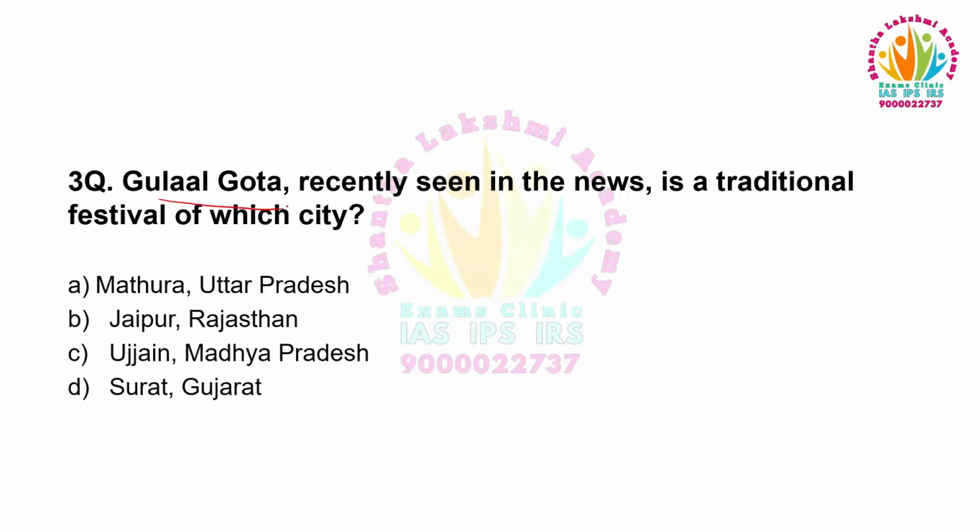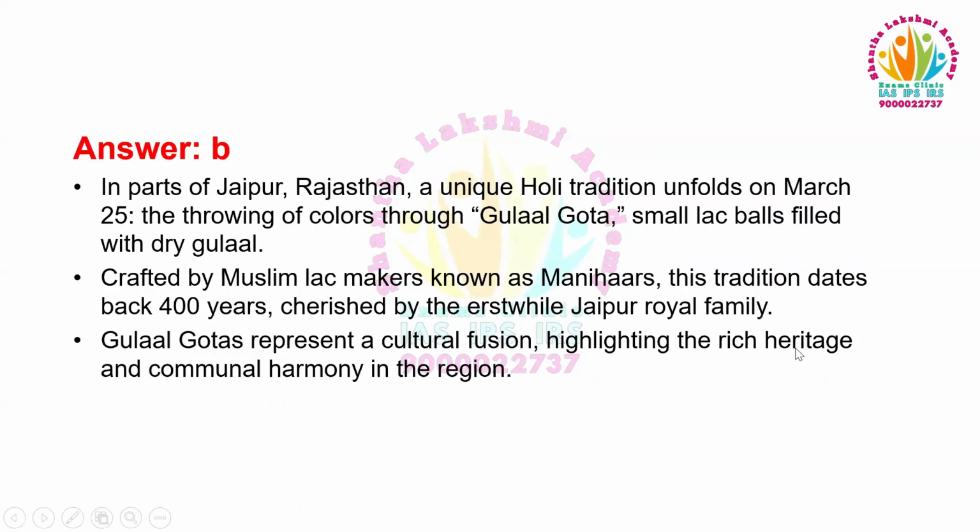Gulal Gota, recently seen in the news, is a traditional festival of which city? Option A, Mathura, Uttar Pradesh. Option B, Jaipur, Rajasthan. Option C, Ujjain, Madhya Pradesh. Option D, Surat, Gujarat. In parts of Jaipur, Rajasthan, a unique Holi tradition unfolds on March 25th, the throwing of